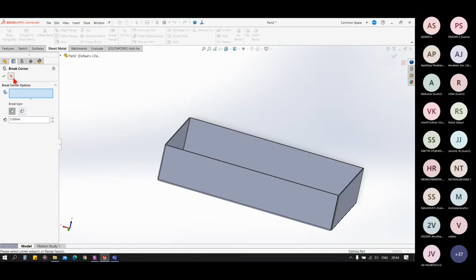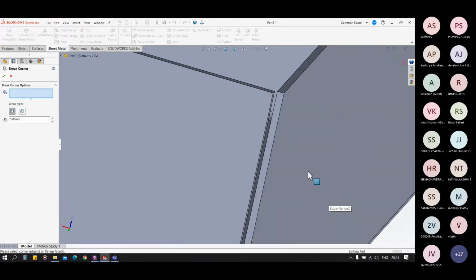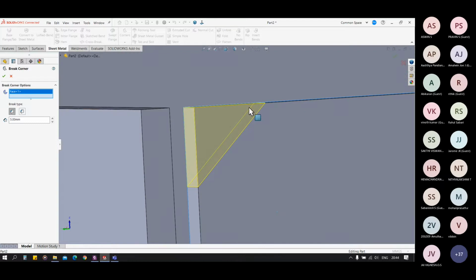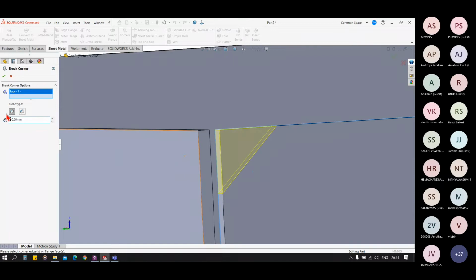Now let's see the break corner. For break corner, we have to select the flange, and you can break it like this. We just have to enter the value and it will break. There are 2 options for the profile. You can break it in the circular mode, similar to fillet and chamfer in 3D.